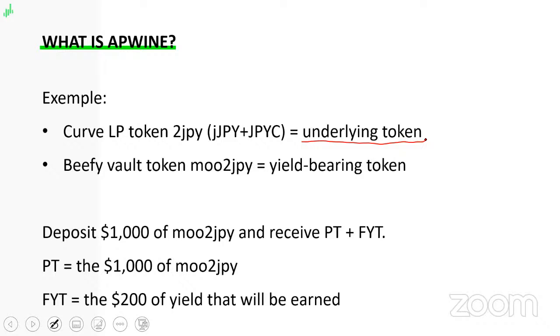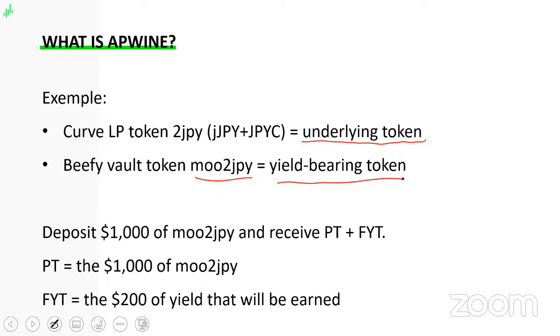This 2GPY token, you can do 2 things. You can deposit it in our yield application, or you can deposit it into Beefy. If you deposit it into Beefy, as you know, Beefy will sell the yield and so on and so on. So when you deposit them into Beefy, Beefy will give you a new token, and again, it's not the real name of the token, but to make it simpler to say, they will give you the Moo 2GPY token. And this is what APWine will call a yield-bearing token, because again, it's a token that is accruing a yield. If you deposit 1 Moo token, after a few days, you will have a bit more.